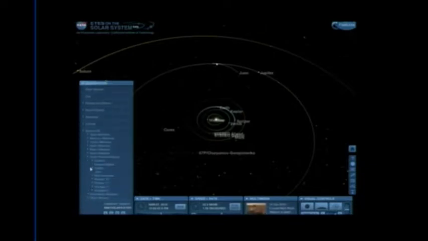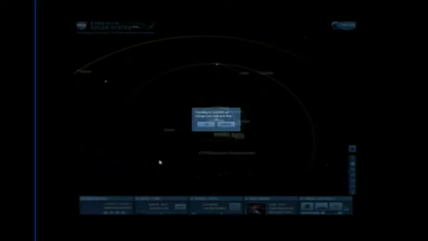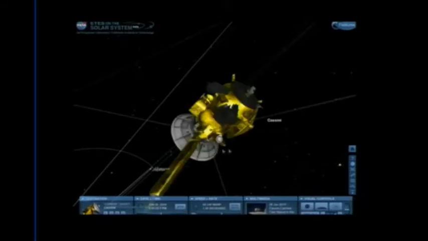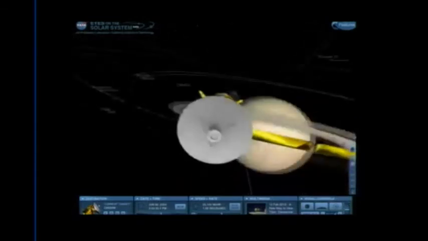And then I'm going to say, oh, how about Cassini? And then let's go to the Saturn arrival. When you click here, when we change the date, we warn you. So say, okay, go ahead and take me there. Now you've got that orbital camera, but it's focused on Cassini. And this is what it would have looked like.